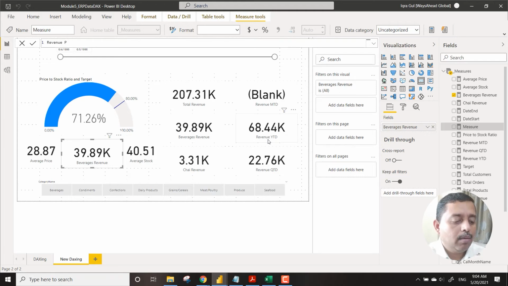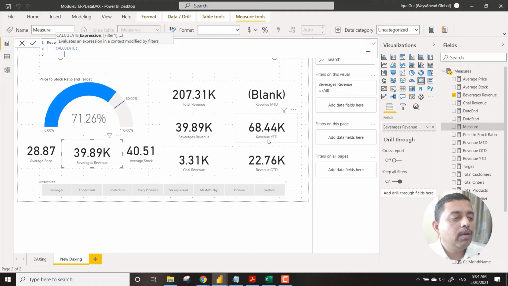PY means previous year. And here what we will do, so we will be using the regular calculate function, and we will be taking the total revenue.